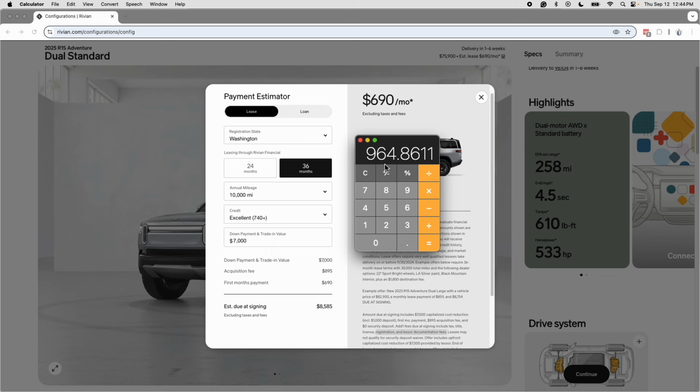So essentially what we're doing is making this a sign and drive lease, where you just walk into the dealership and you pay nothing and you walk away with the car. You get a monthly payment of $964. Now, this does not include sales tax. Where I live in Seattle, sales tax is roughly 10%. So I'll multiply this by 1.1 to account for 10% sales tax, and that gives me an effective monthly payment